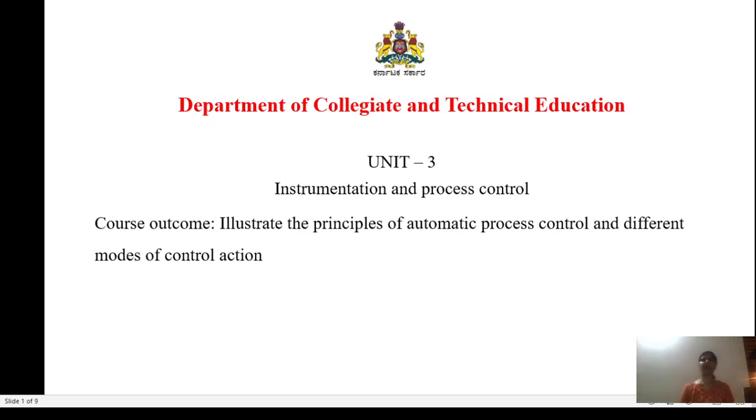Good morning, everyone. In the last session of Unit 3 of Instrumentation and Process Control, we have learnt about the instrumentation diagrams and how to write the instrumentation diagram, the schematic representation of the various elements present in a particular instrument, and also we have learnt the block diagram, the various constituents of the block diagram, and what is the function of each constituent of the automatic control.